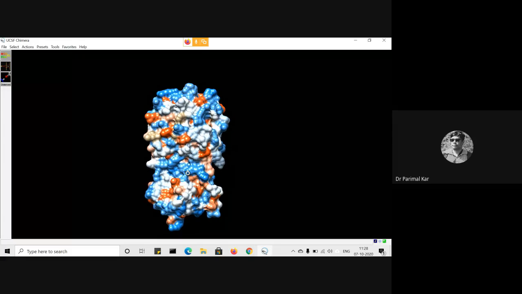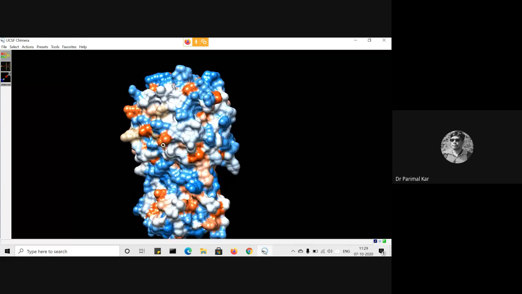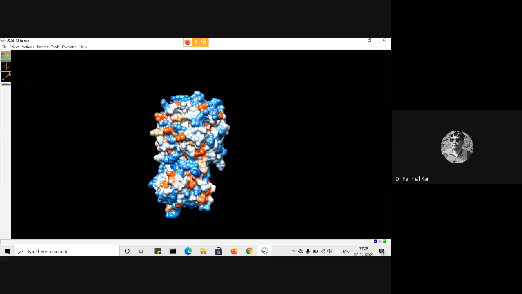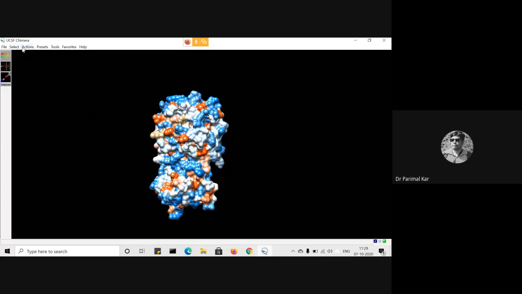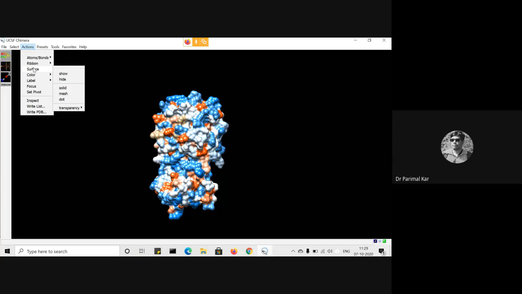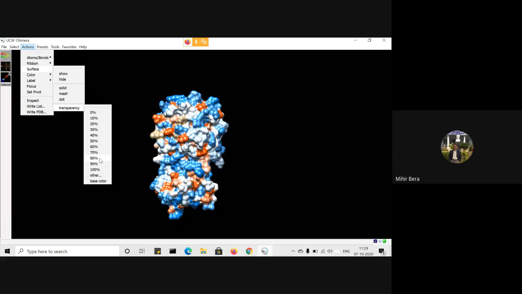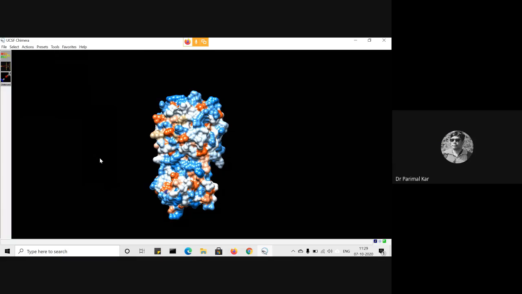Okay, so this is the surface representation, and you can make these surface representations transparent. For that you go to action, then there is this option surface, then at the last there is the option transparency. So you just choose the transparency percentage. If I choose 80%,